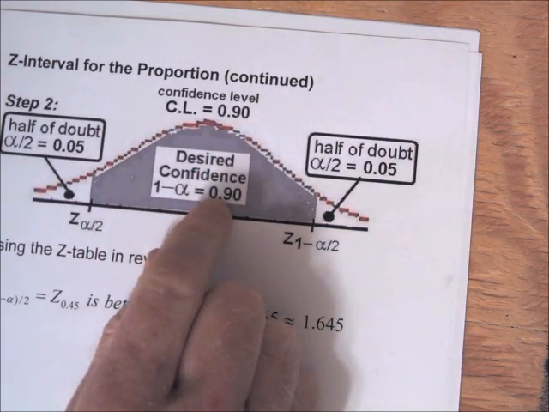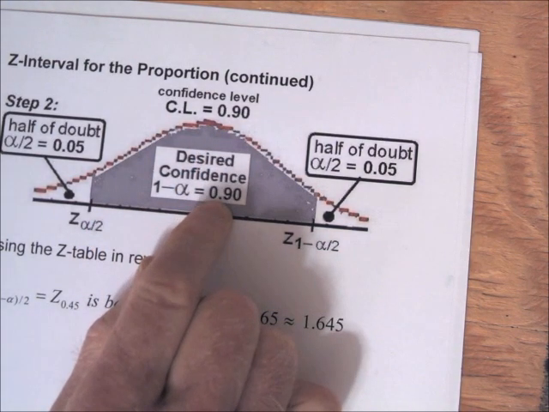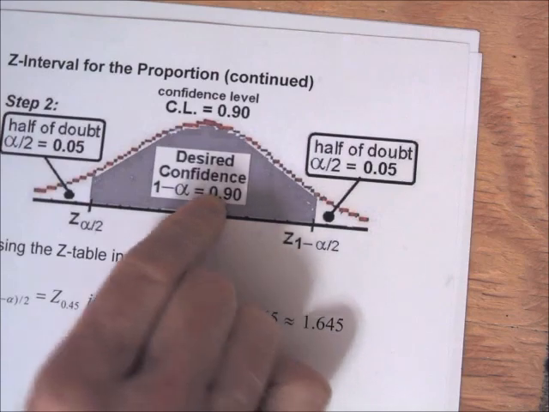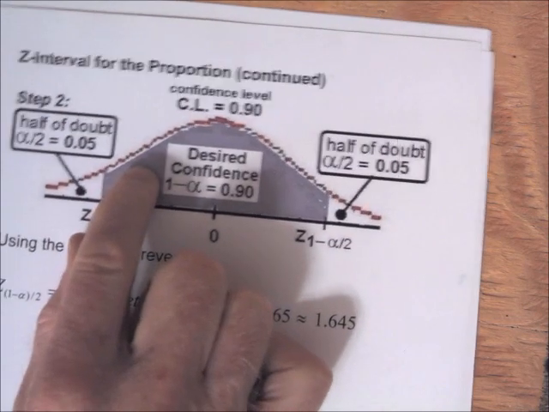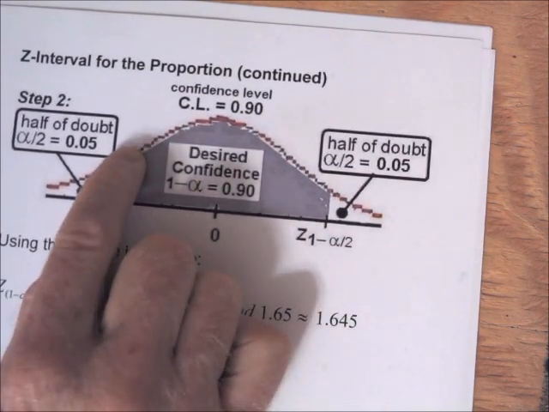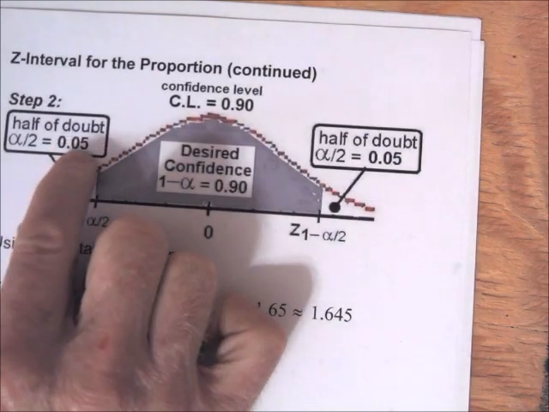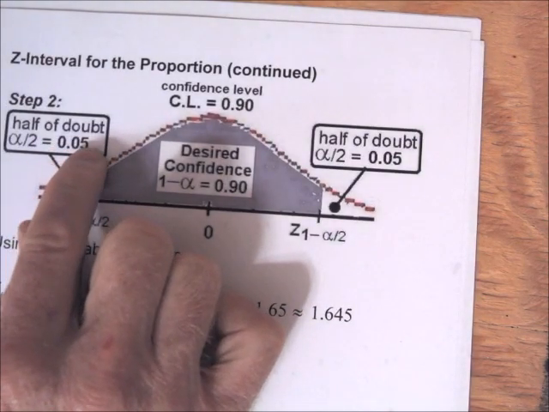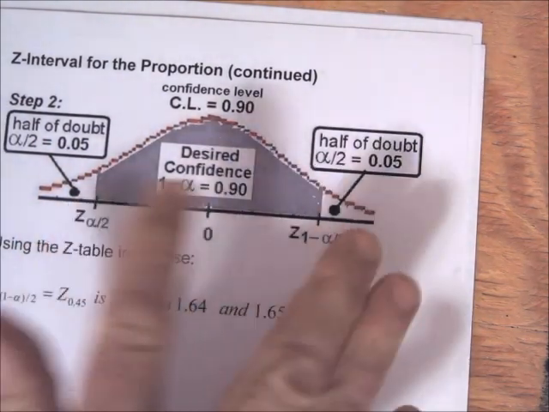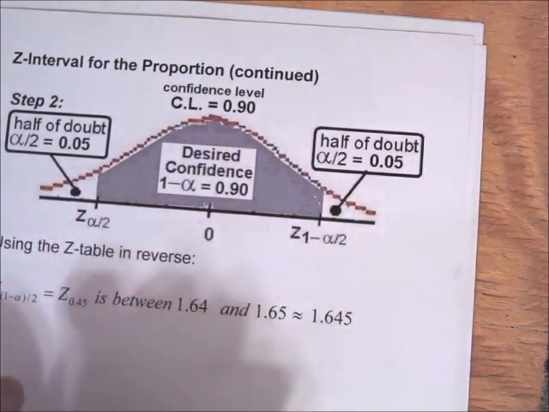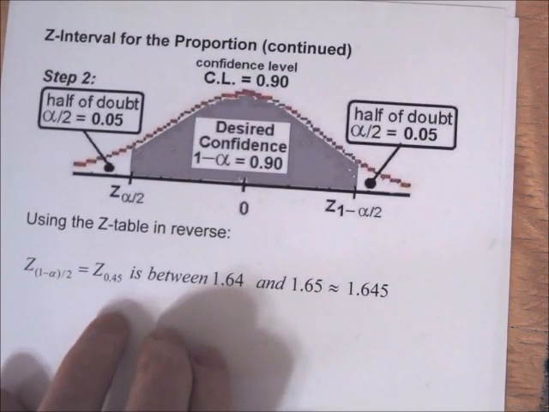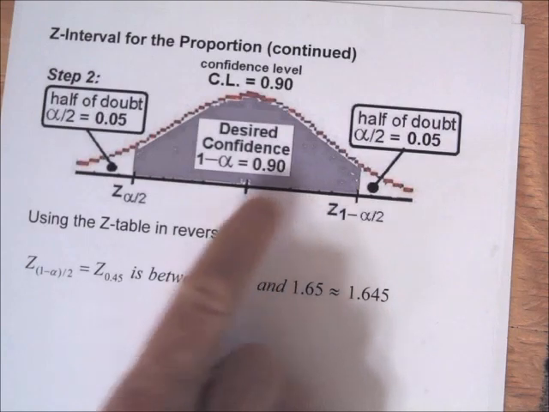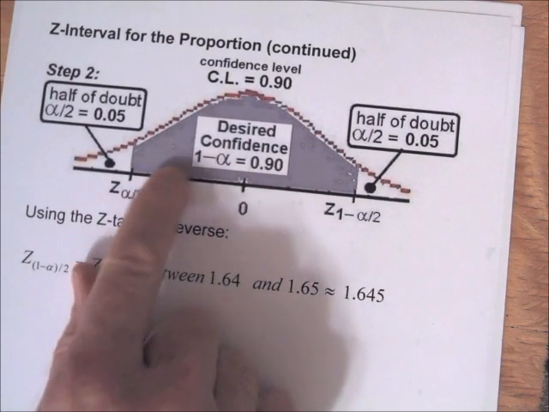Our level of doubt, if we're 90% confident, is 10%, or alpha. So alpha is going to be 10%, or 0.1. Alpha divided by 2, 0.1 divided by 2, is 0.05. And we want half of our doubt on each extreme. So we want to find these z-scores here that will give us the 90%